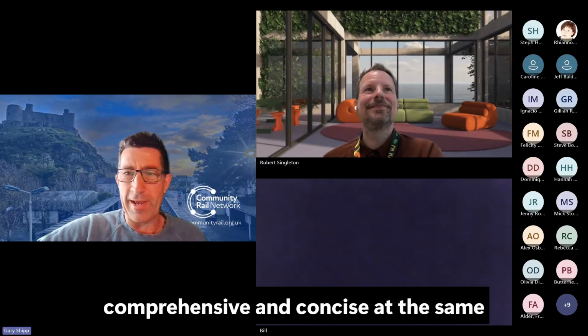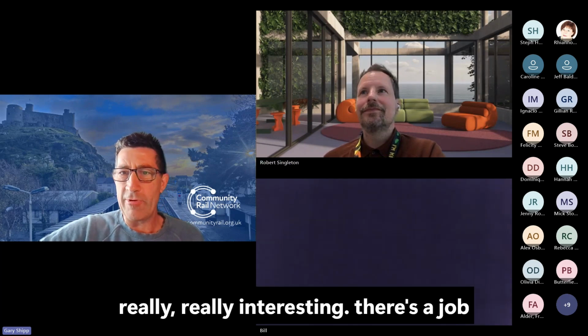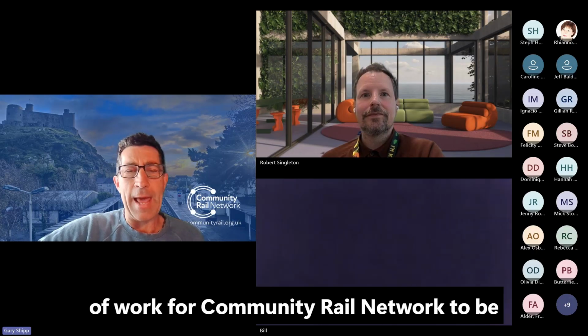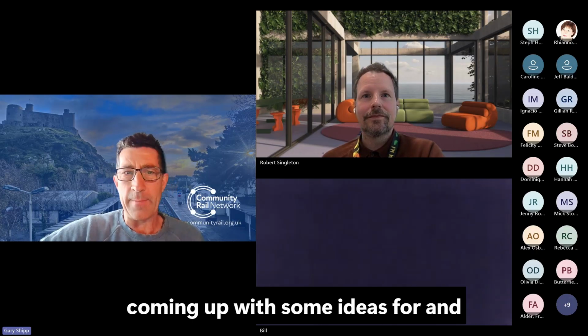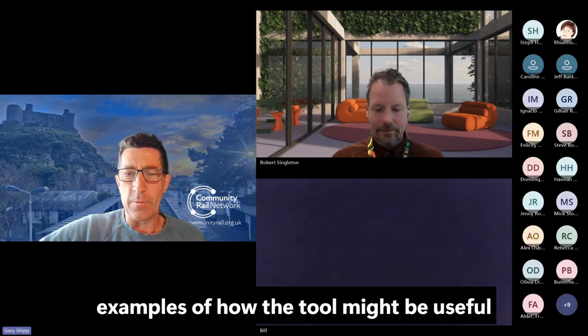I mean, that's so comprehensive and concise at the same time. So thanks so much for that. That's really, really interesting. There's a job of work for Community Rail Network to be doing to start scoping out and coming up with some ideas for and examples of how the tool might be useful for our